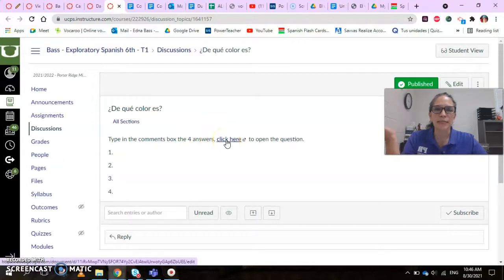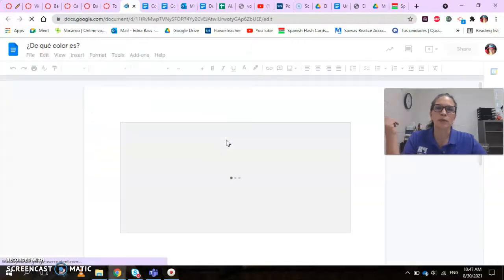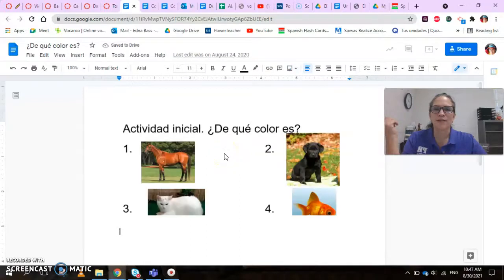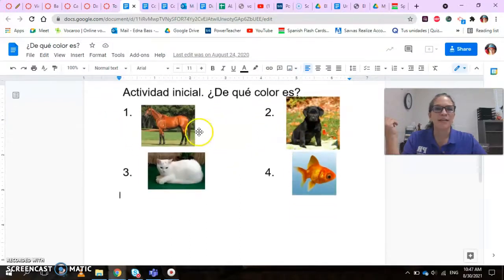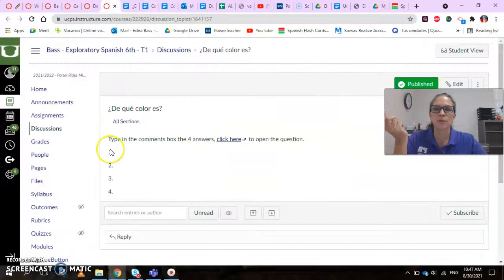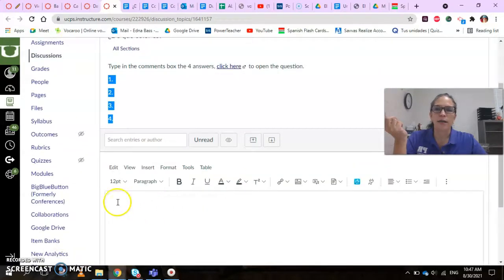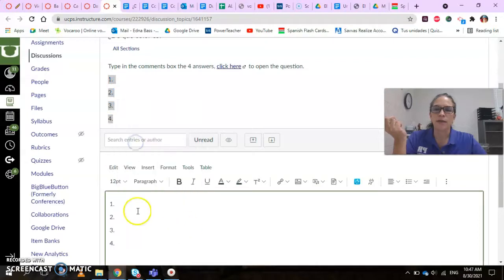When you click here, it shows you this page. And it's asking you de qué color es. So you're going to say 1, 2, 3, 4. So you're going to answer, I put 1, 2, 3, 4. I will go ahead and just copy these ones, copy them, and click reply, and put here, and then go